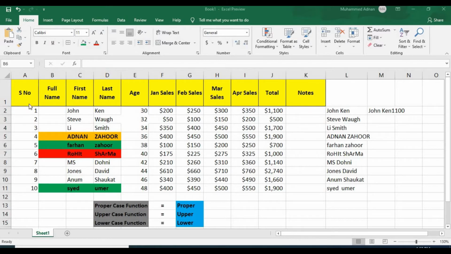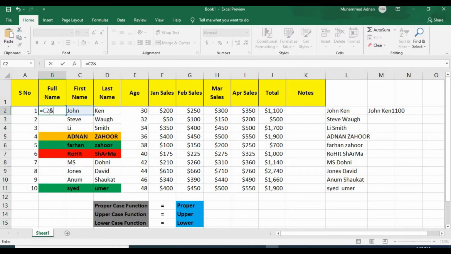So first of all we will combine the names. What we need to do is type equal to, then go to the cell, then press Shift 7 for the & sign.